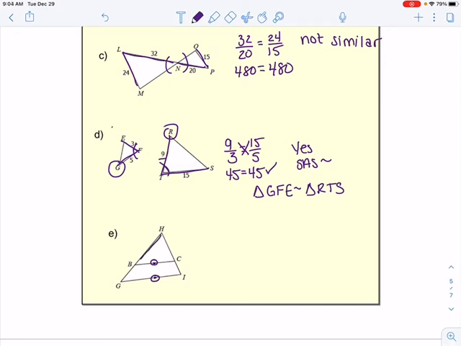And again, I'm looking at this purple triangle and this red triangle. Well, that purple triangle and that red triangle share an angle already by the reflexive property. So I have angle H. Now the fact that I have these parallel lines cut by a transversal, I should be able to get another pair of angles out of that. So there's my parallel lines, there's my transversal, and I'm going to be able to say that that angle is congruent to that angle because they're corresponding angles. So now I have my two angles there. So yes, they're similar